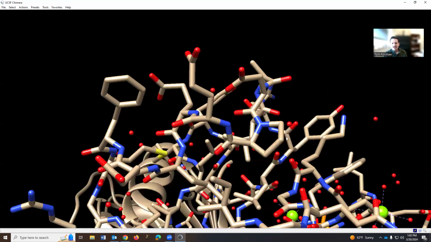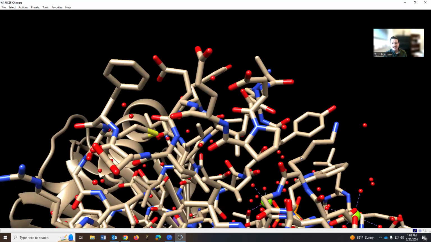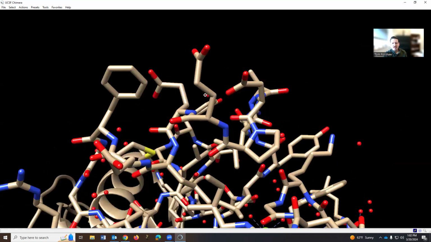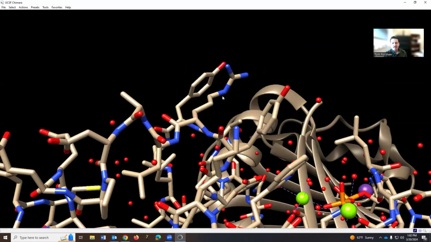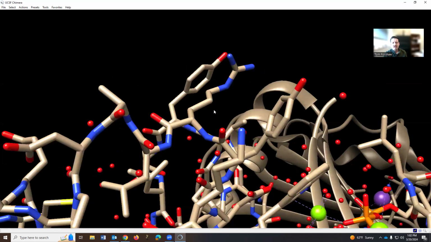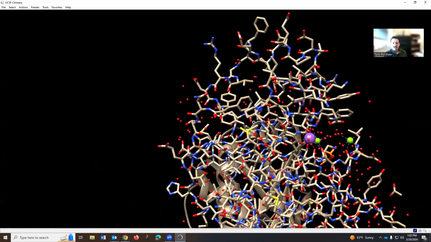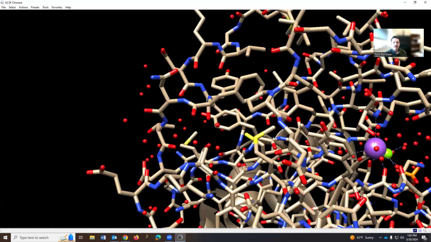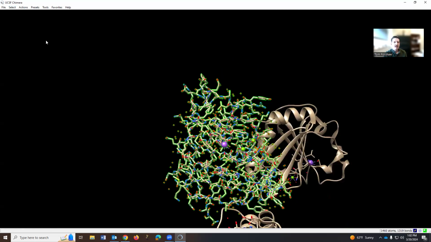And it looks like that's a tyrosine. This is a lysine. This is an arginine. So I can see all the individual amino acids, but I can't make sense of it. I can't see where the secondary structure is. It's just nonsense. So what I can do is select that chain A, so protein A, and